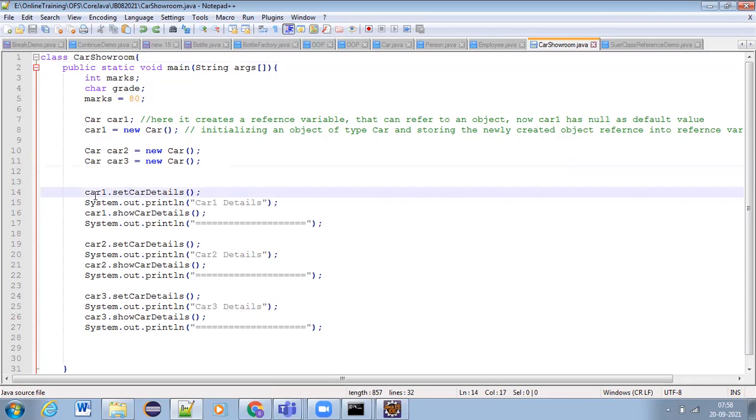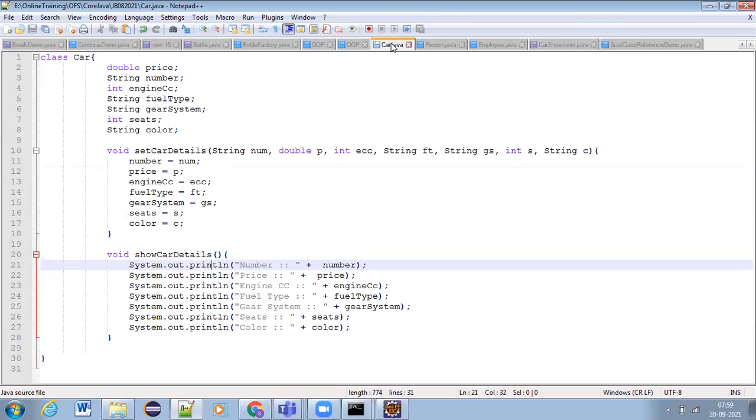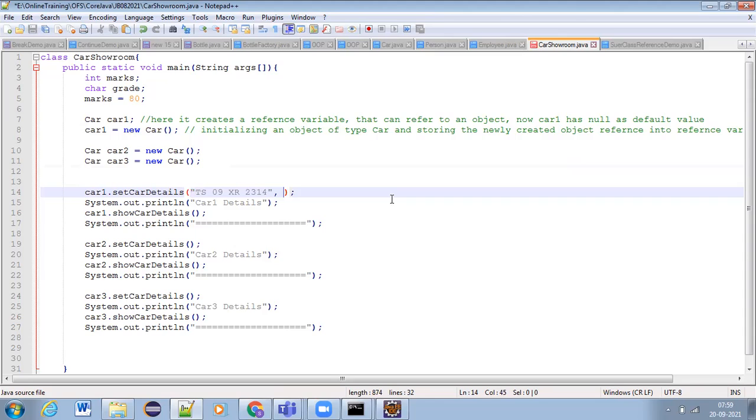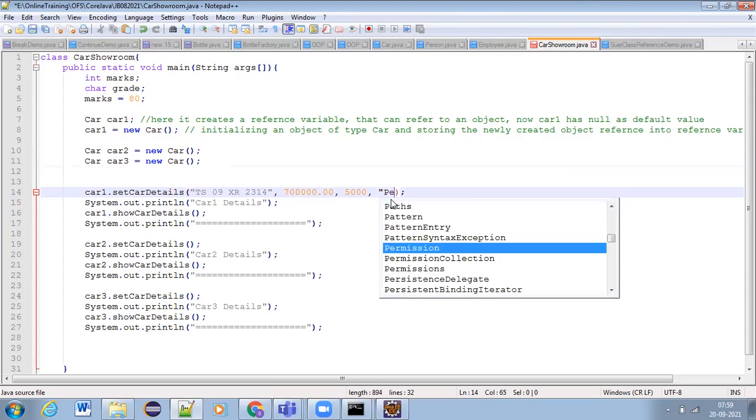Whenever we say car1.setDetails, here we should set the corresponding car information: car number, price, engine capacity, fuel type. Price is 700K, engine capacity 5000 cc, fuel type petrol.